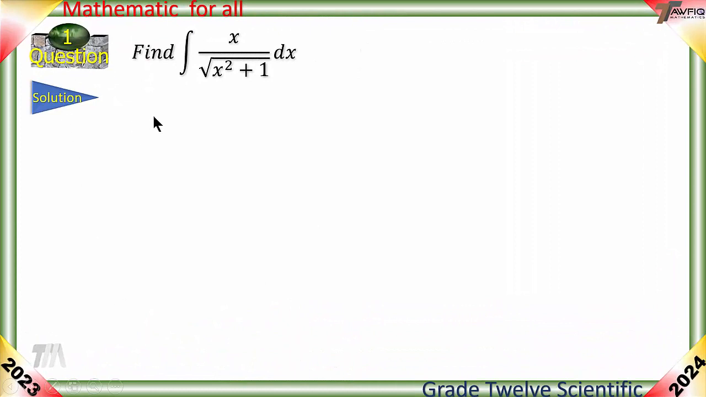Question number 1. Find the integration of x over the square root of x squared plus 1. Let us go back for the derivative. Let us take the derivative of the fraction square root of x squared plus 1. If we take the derivative of this fraction, it's equal to